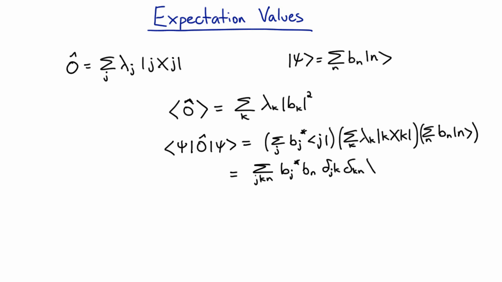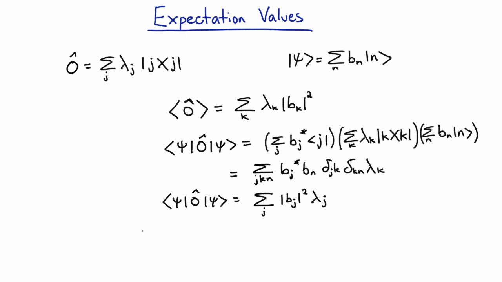And I've got my lambda k. So I can sum over the k and the n, and they'll both give me j. And so you'll see that this expectation value of the operator is exactly the average that we'll get if we measure that thing. And so that's how you calculate the average.